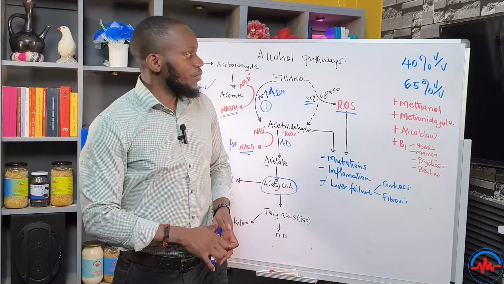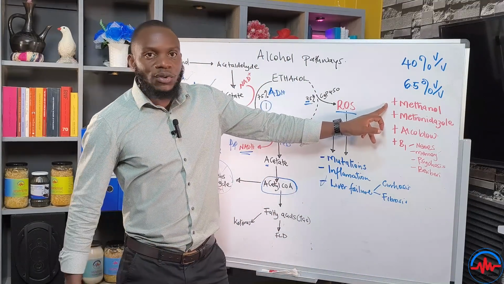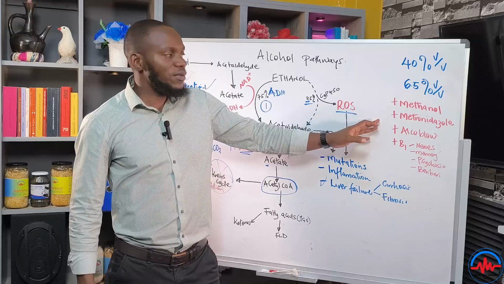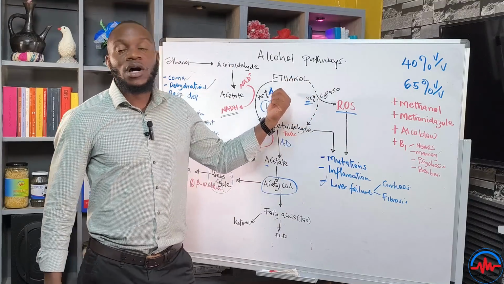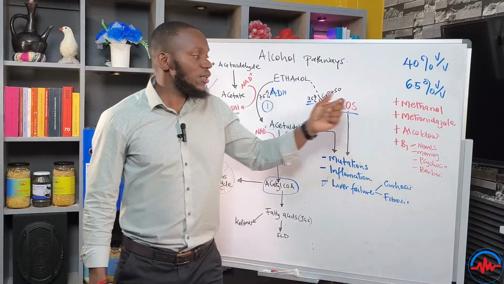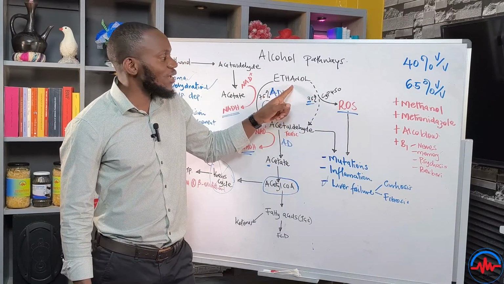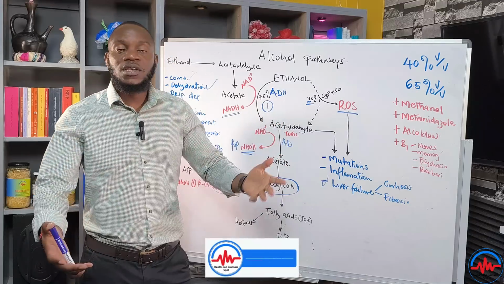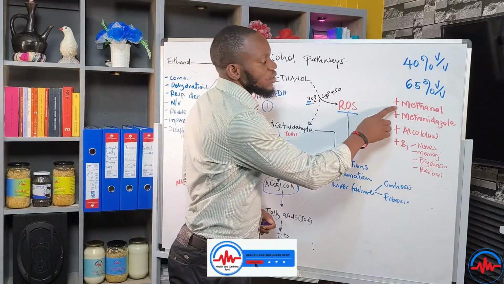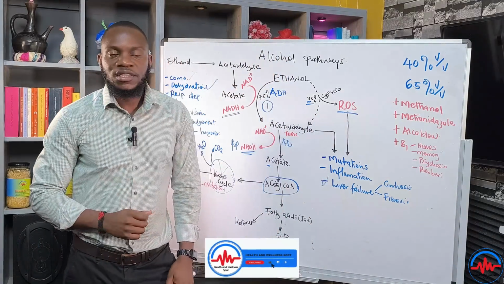Now look at it this way. We have methanol that we've actually said is competing with ethanol for receptors, and ethanol outweighs it. Also, the two are competing for this enzyme called alcohol dehydrogenase. And ethanol has high affinity for this enzyme. That means it will be easier for you to do away with the toxicity of methanol by using ethanol, okay?